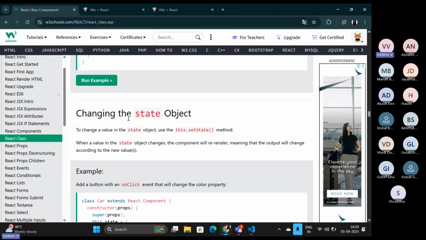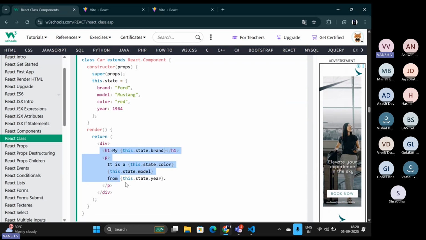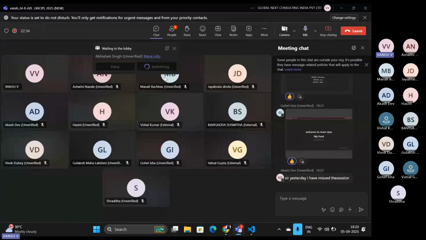Now, changing the state of an object means what they are trying to say. Suppose you have defined here that brand is Ford, but at runtime I want to change the value. I don't want this brand to be Ford, I want it to be Audi. So for that,